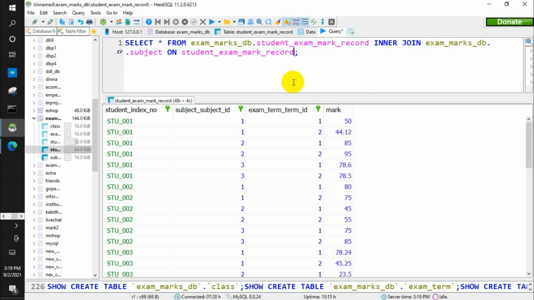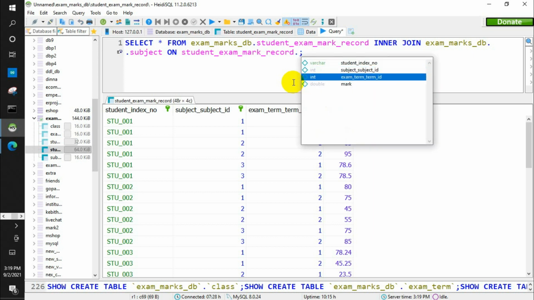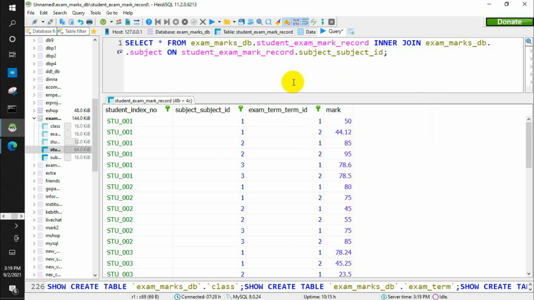When you specify that table, we have certain columns. So in that I take out the subject ID, and that subject ID column of the student_marks_record table should be equal to the subject ID of the subject table.